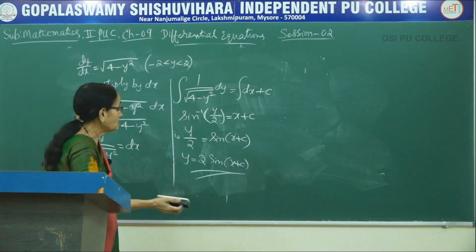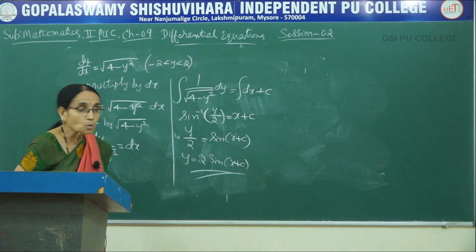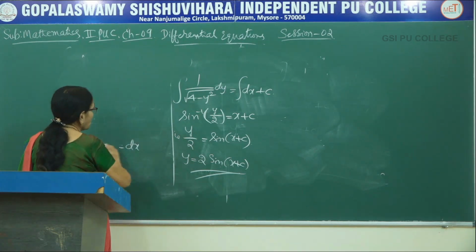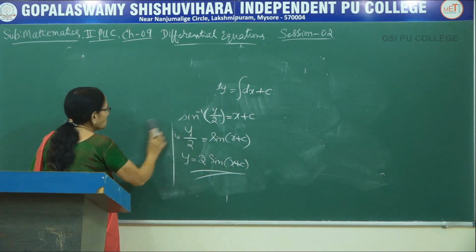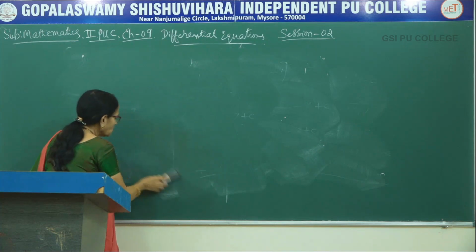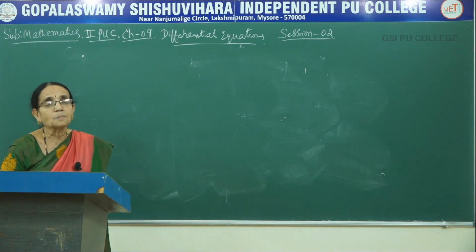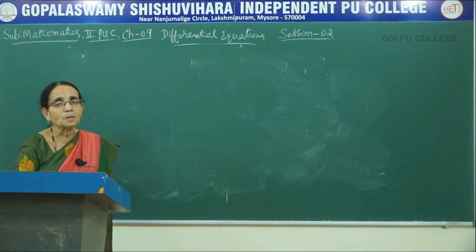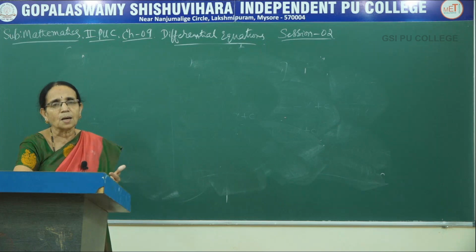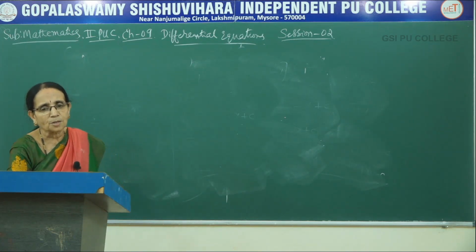So here, as I told you already, you have to look at the problem, how the terms can be arranged, whether it is containing both x and y or only x or only y. So depending upon the terms that have been given, you cannot remember or learn by heart any common method for this one. Depending upon the terms of the equation only, you have to think a little bit and then rearrange the function.